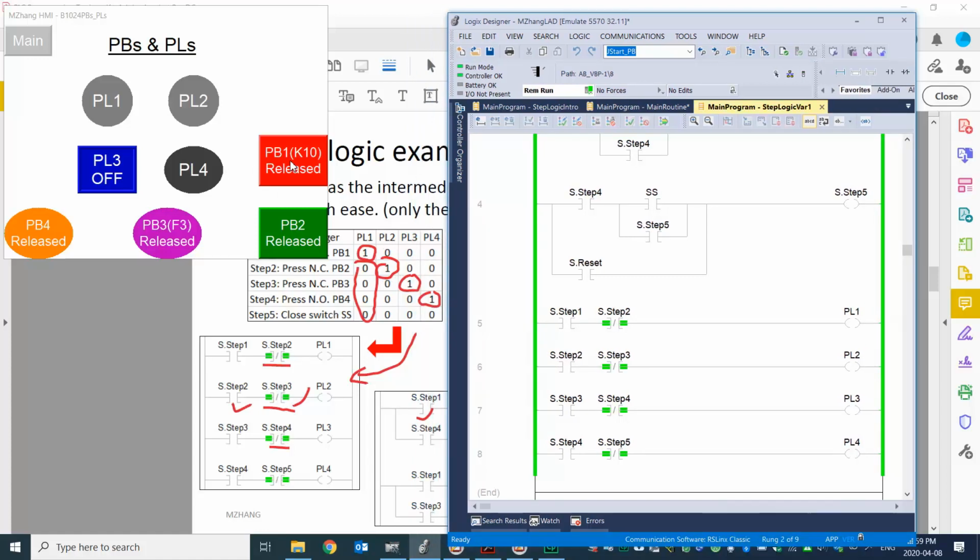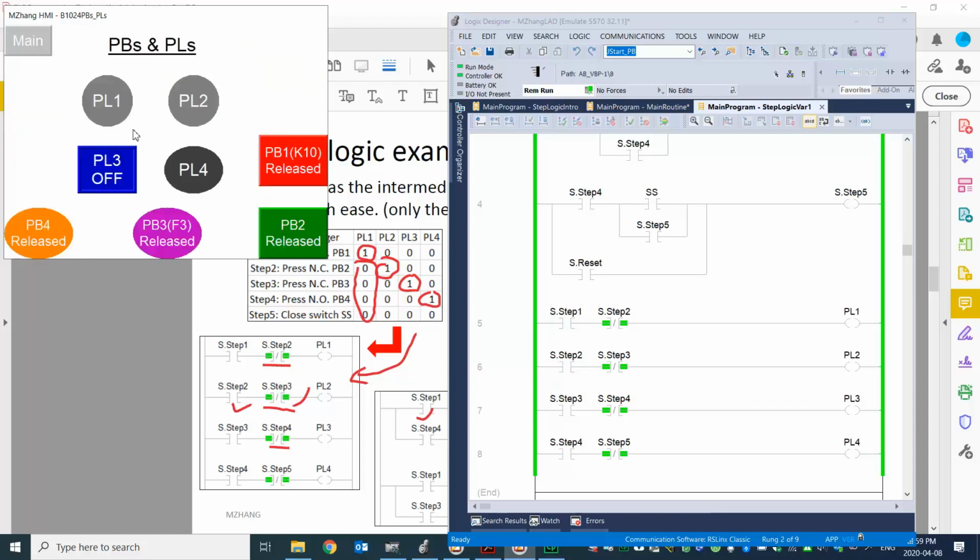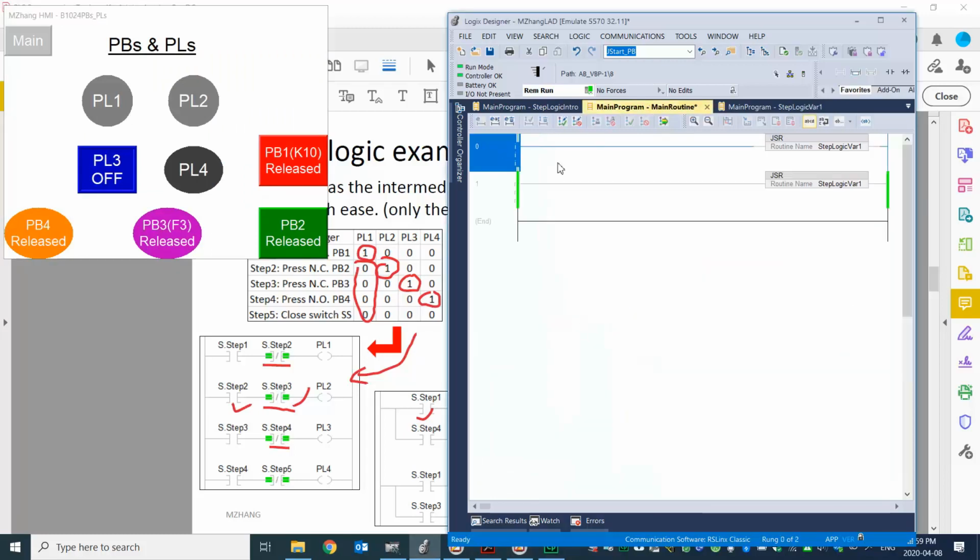PB1, turn on PL1. When I press PB2, we're going to step 2. PL1 should turn off, PL2 should turn on. So that's what you see exactly. And so on, PB3 and PB4. Then if you go back to the SS, that will clear all the steps again. Same thing for here, for the main routine. If I change to variation 2,